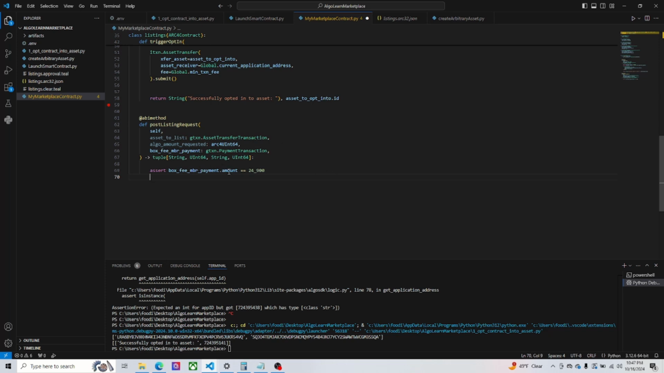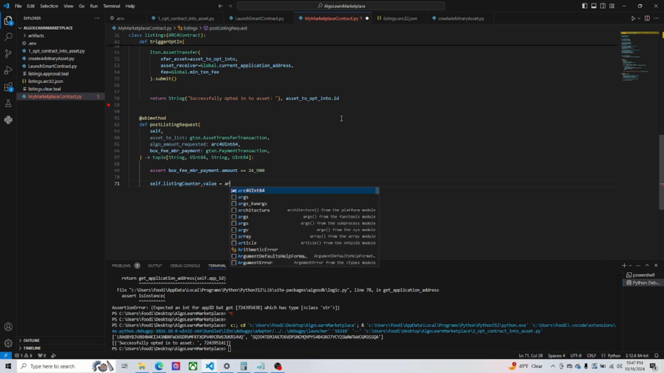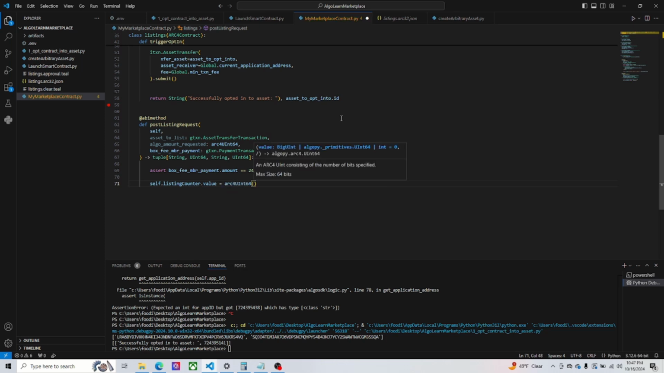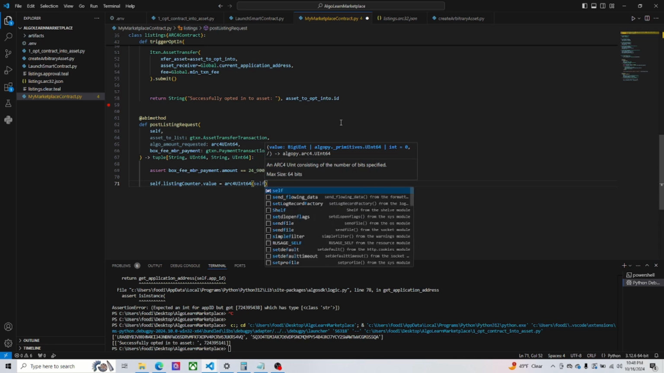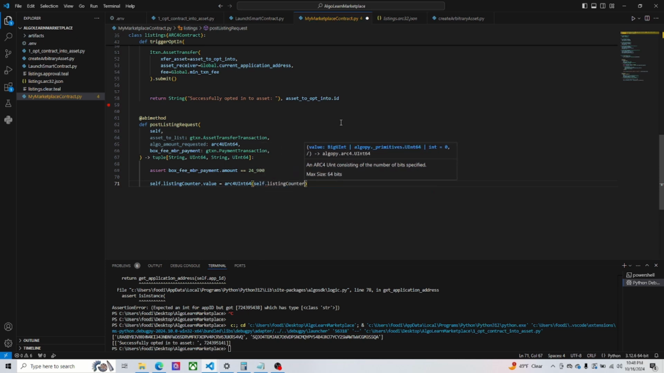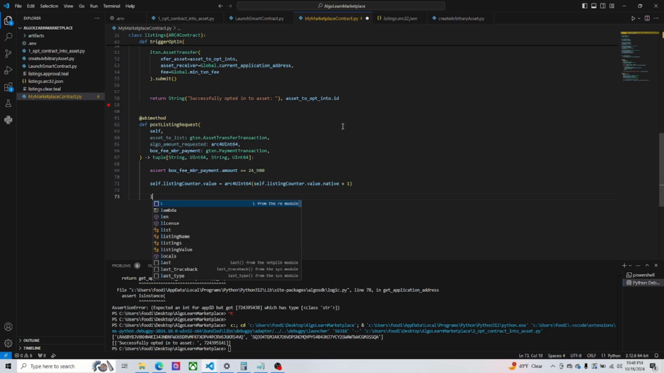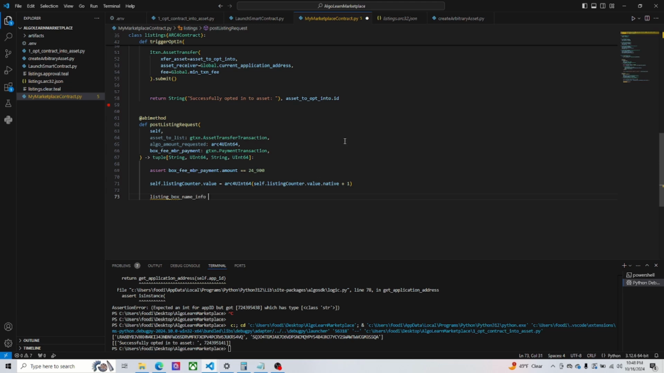So now that we've got that out of the way, before anything, we're going to increment our listing counter by 1. And we're going to do this by creating an ARC4 UInt64. And this is going to be composed of the current listing counter value. And we'll use .native, so we can use arithmetic with a native integer here. And then we're going to construct our box name. So the listing box name info is equal to